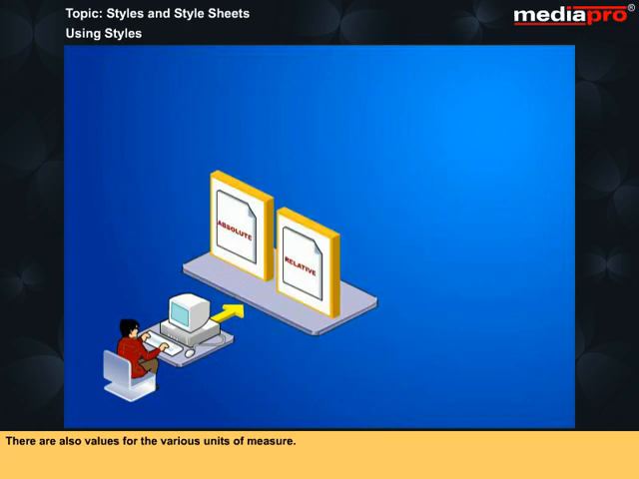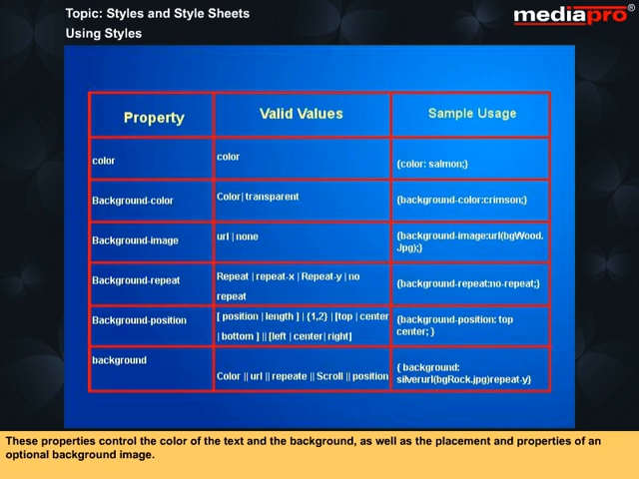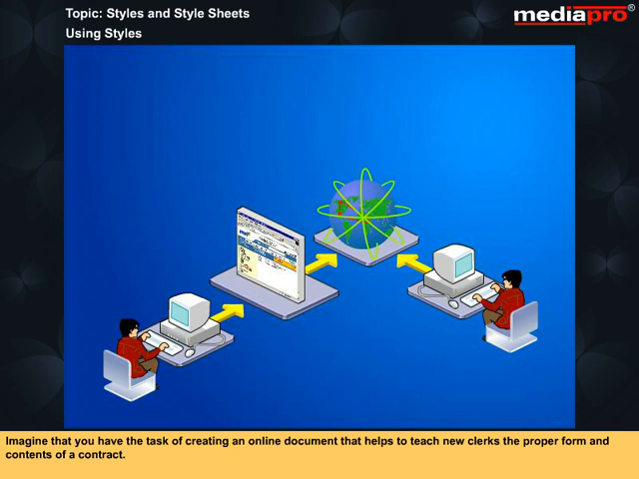There are also values for the various units of measure. Here are the units of measure. They are either absolute units of measurement or they are relative to some object. These properties control the color of the text and the background, as well as the placement and properties of an optional background image. Imagine that you have the task of creating an online document that helps to teach new clerks